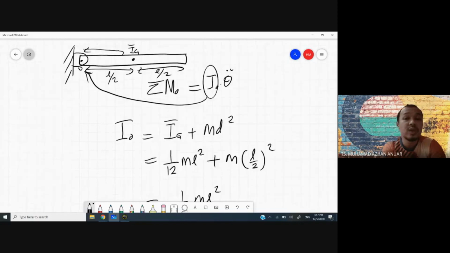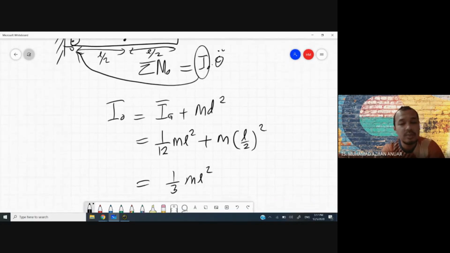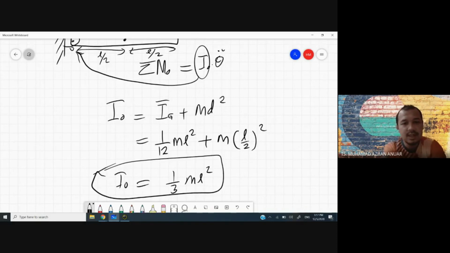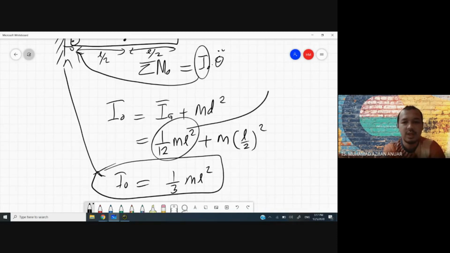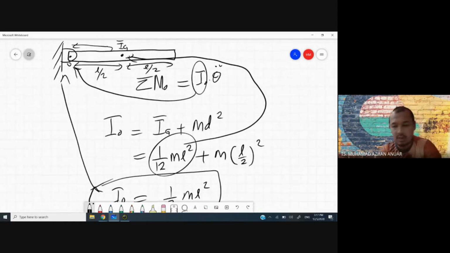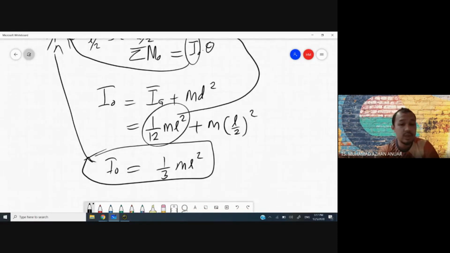When you look at the formula inside the books, be careful with the axis given by the formula. Sometimes in the book, the formula is given at this particular location, and sometimes it is represented at a different position. So be careful with the moment of inertia.